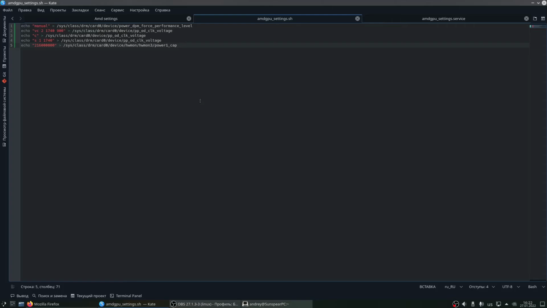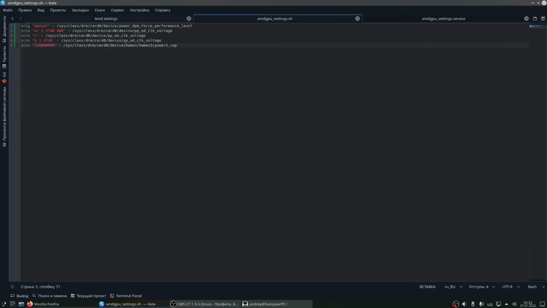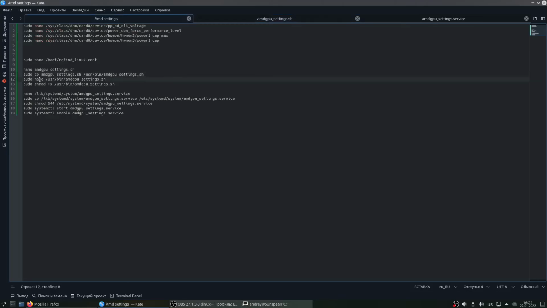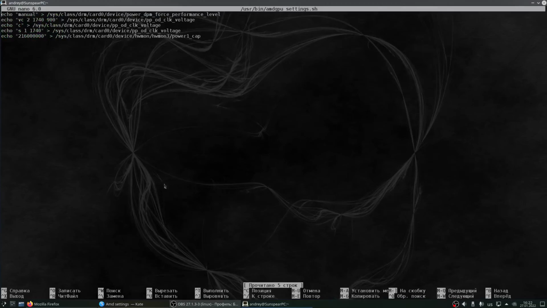So I created a script which would launch on the start of the system. I created the file amdgpu-settings.sh, which basically contains commands you can also type in the terminal, like echo manual and so on and so on. After that, copy this file to /usr/bin. You can check if the file is copied correctly.